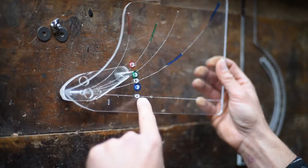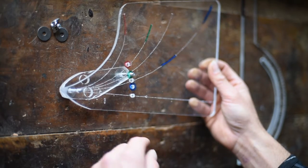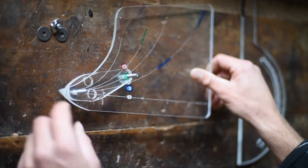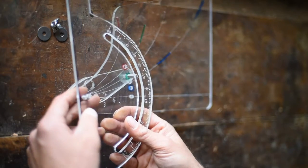There's a number of different holes to choose. It doesn't matter which one you put it through at this stage, but I'm going to be putting it through the green hole since I know that's the one I'm going to be wanting to use. Take the fourth piece, which also just slots straight on top,